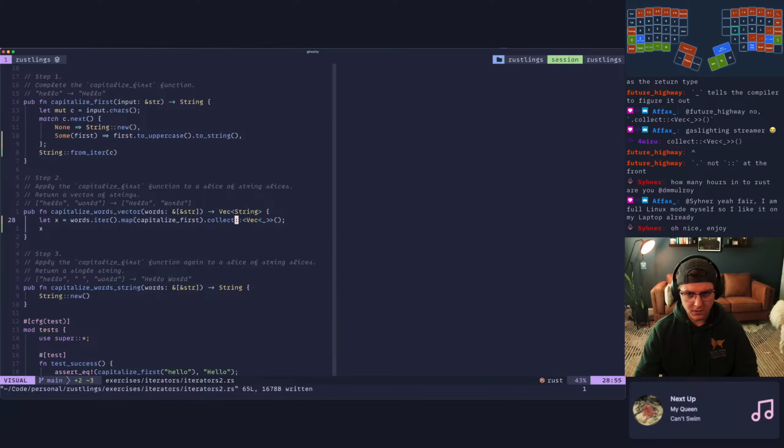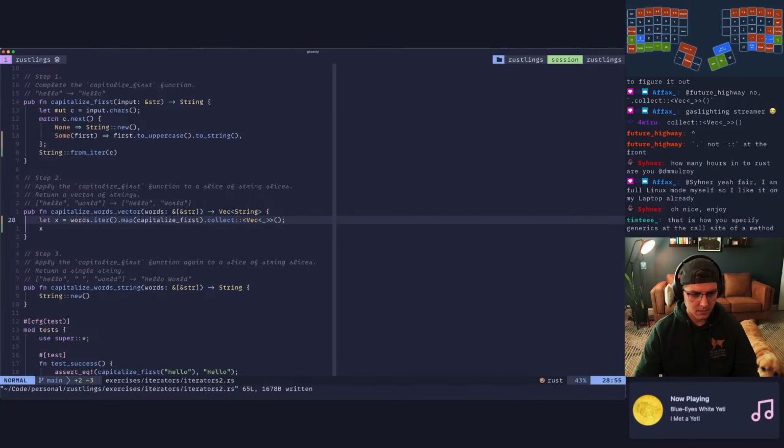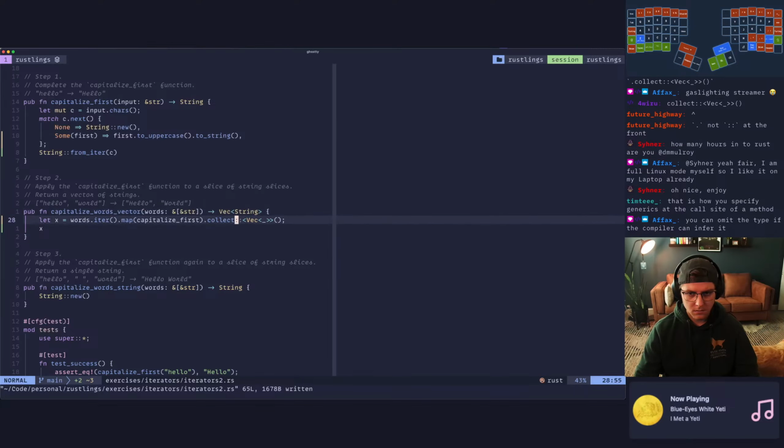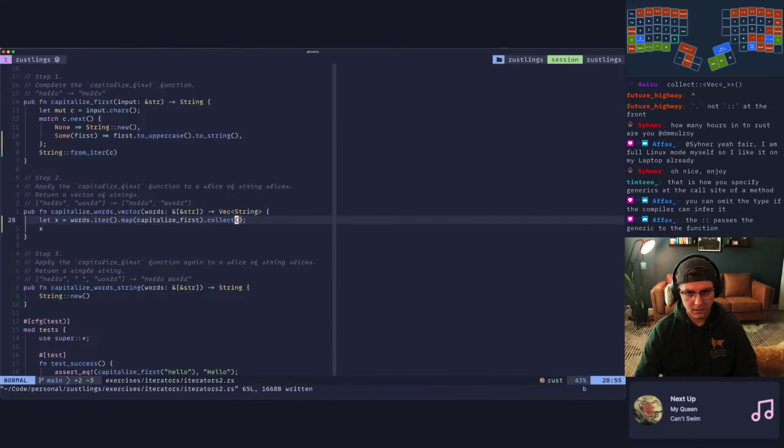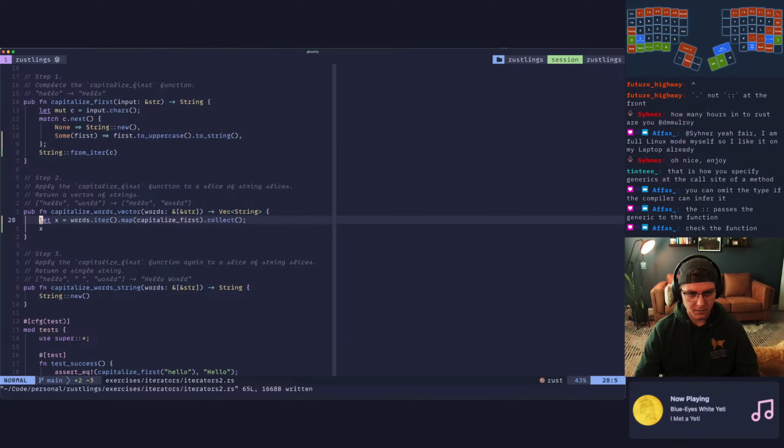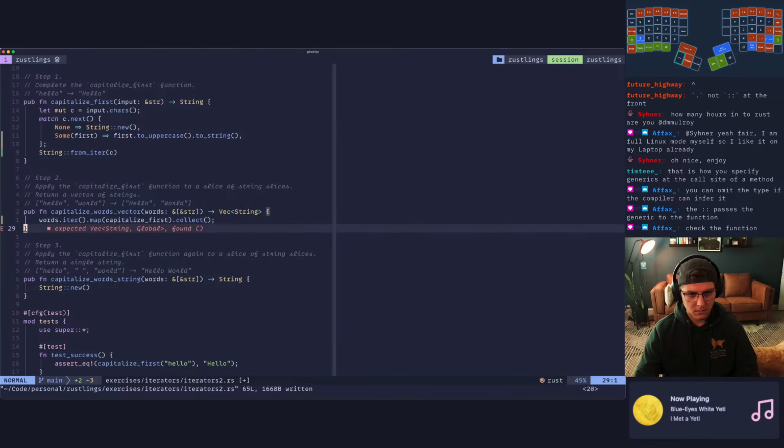What is the double colon syntax here? Is that just how I specify generics? Okay, now it's inferring, which means I can probably come back to here and do that.